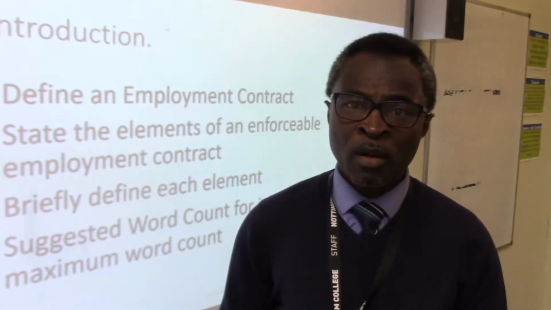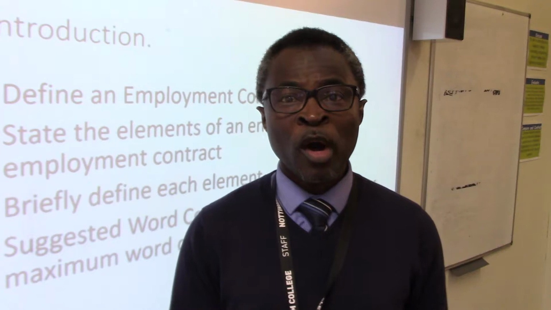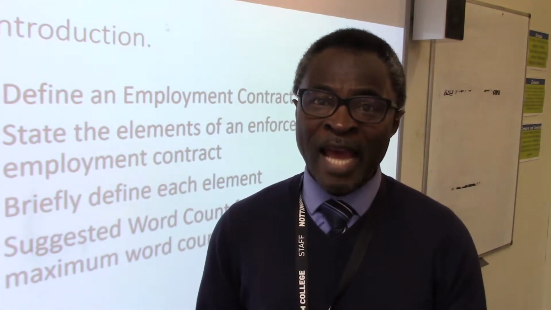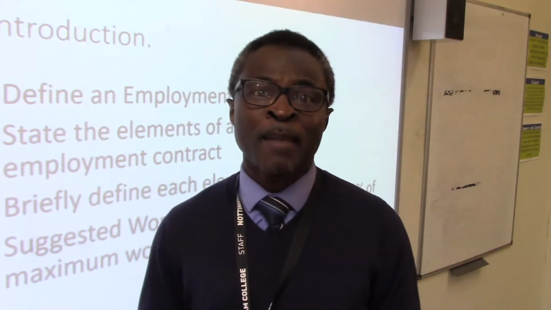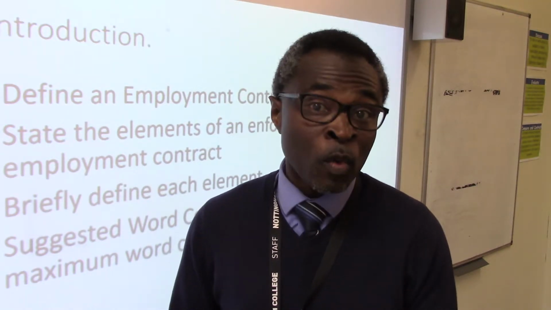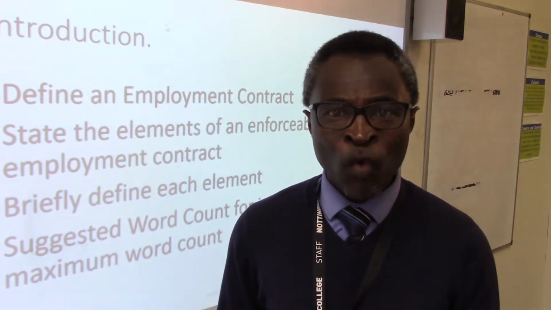Once you've established that point, the next thing to think about is the elements that come together to form an employment contract. It goes without saying that there has to be an offer from one party, normally the employer. That offer has to be accepted. There has to be evidence of consideration, and apart from that, you must establish intention, and certain employment contracts will require capacity, and then a discussion of what we mean by form.